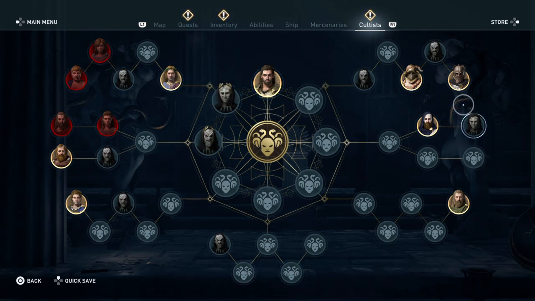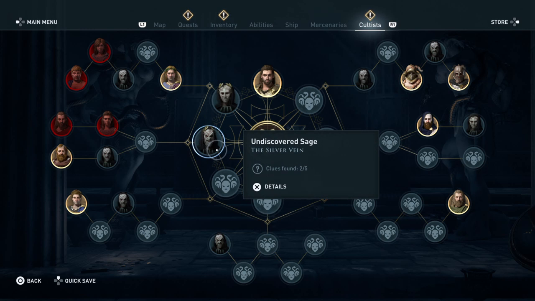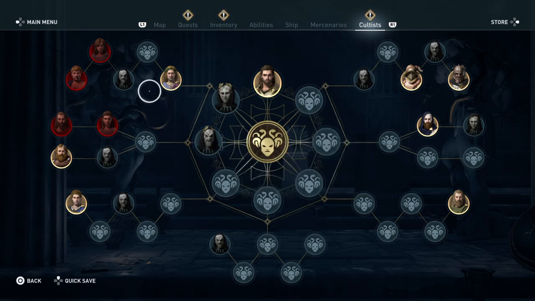You have to take out each of the lieutenants, and each lieutenant gives you a clue as to who the leader of each faction is. And only once you find all 5 clues can you unmask the leader of the faction and then take him out.